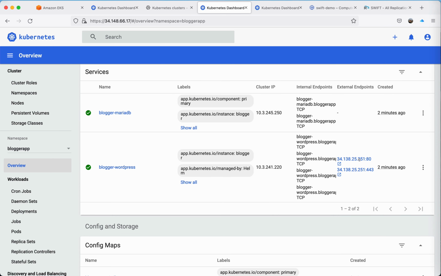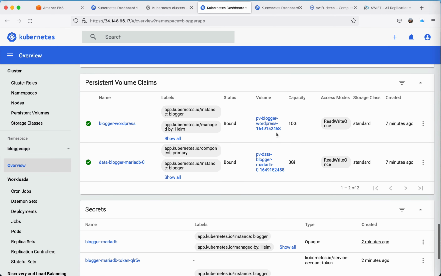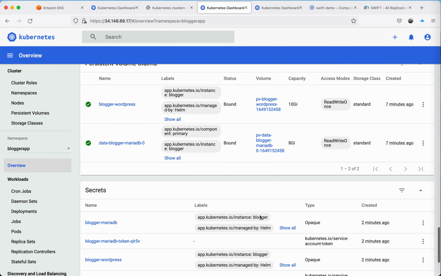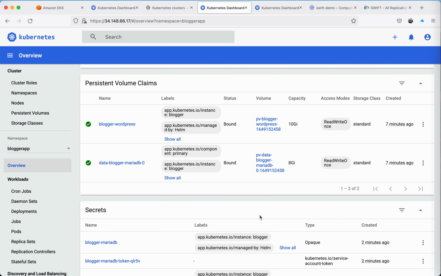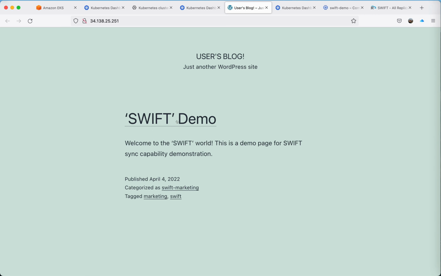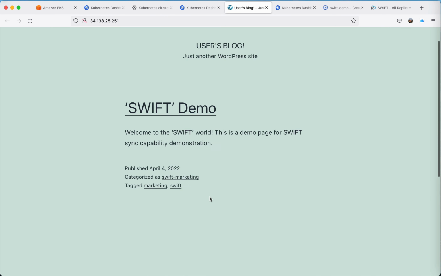We didn't change that. So we got the public IP, and let's connect to the IP. And before we connect to the IP, let's look at the volumes. So you can see the volumes contain data now. And these volumes will not be recreated if you resync. They will be resynced instead. Let's connect to the application, and as expected our application is up, and we can see that our test page